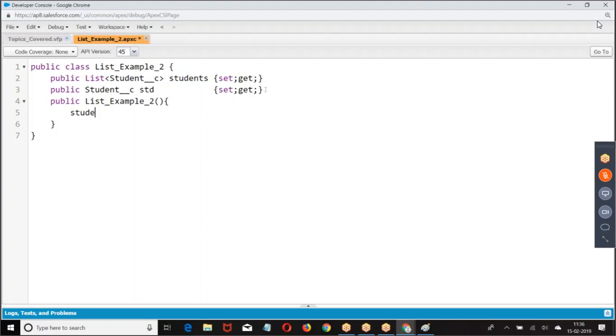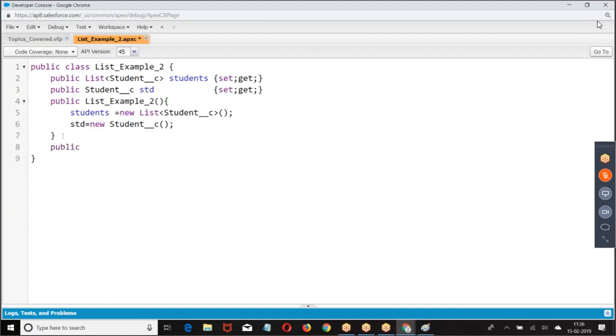Now what is the data type in this case? List of student is the data type. For STD, what is the data type? Student underscore C is the data type.